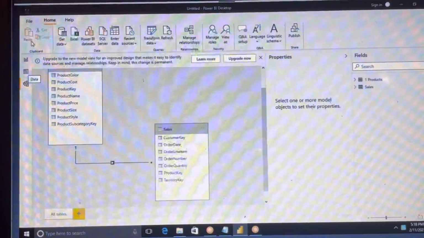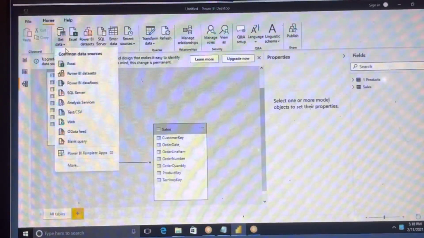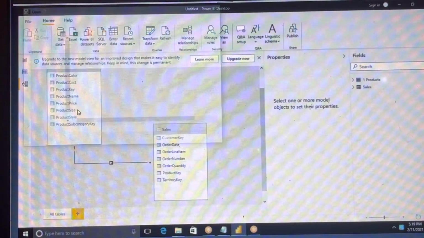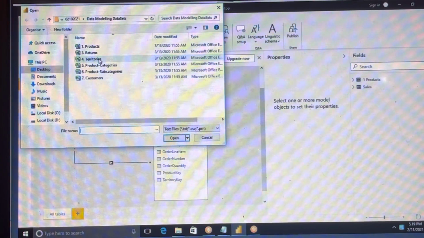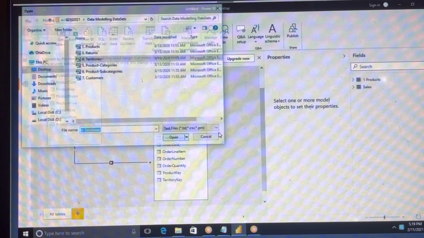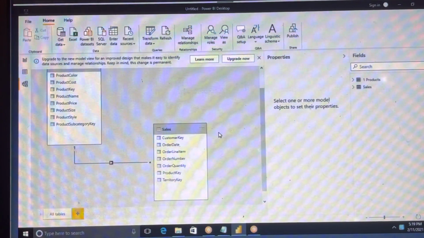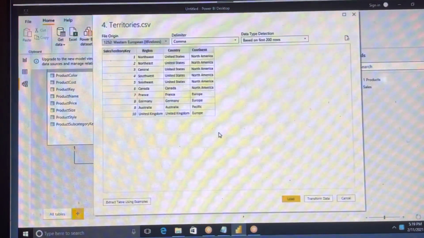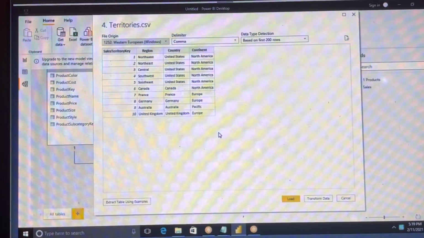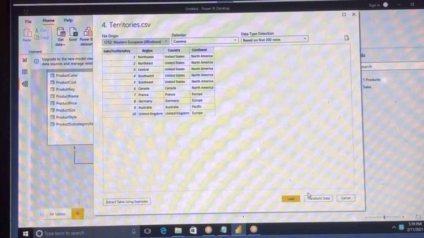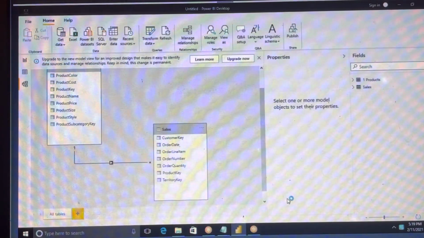What we can do is click on get data, and choose the CSV file again. Select the territory file. Okay, now we have this data. Just select the rows.